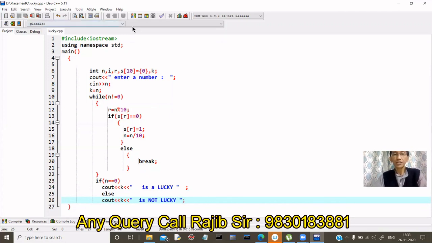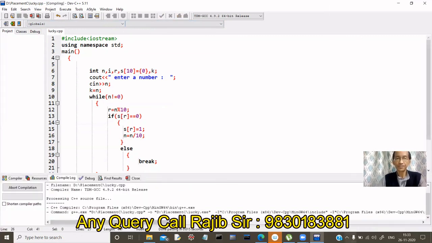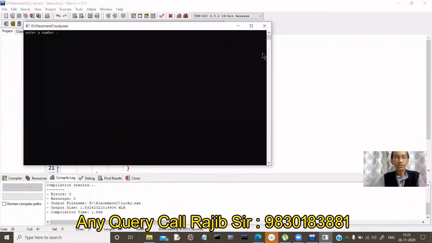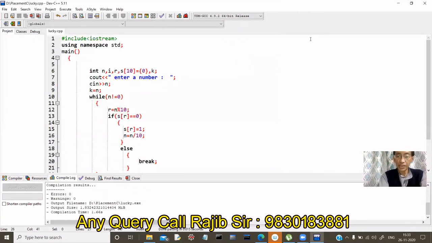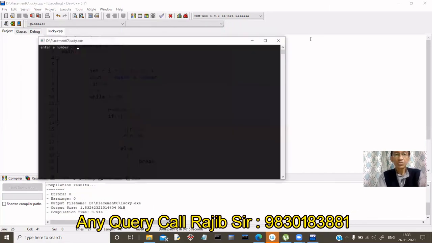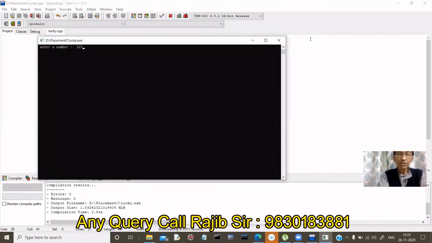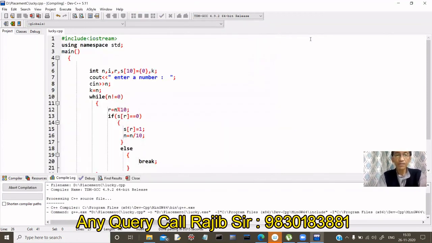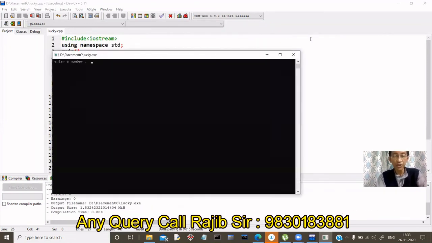Save it and run it. Say we are entering a lucky number first. It is a 4-digit number with no repeated digits, so it is a lucky number. And again you run with, say, a 3-digit number. It is also a lucky number. Now you check whether there is any repetition of a digit. Say 4 is repeated here. You see it is not lucky, because for the first 4,